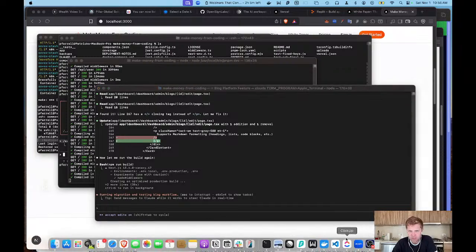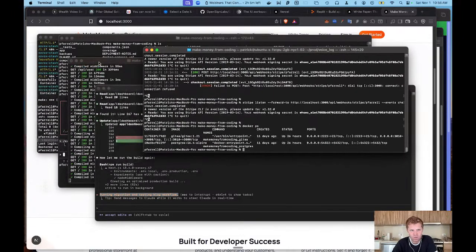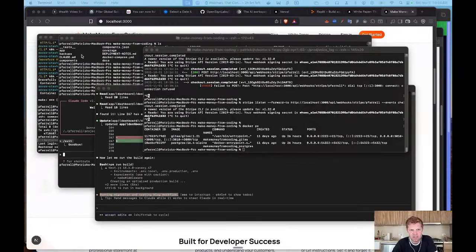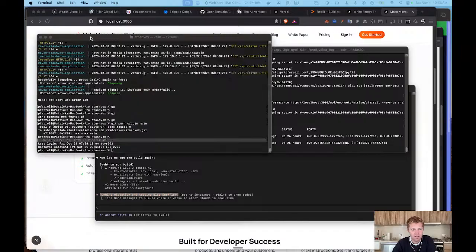So I'm just going to check on the stream, make sure we're still going. But we're just waiting. I would have had to do all this work. What it's doing right now is running a migration and testing the feature that it's creating. And you'll see over here, this is another window. So I'm going to bring this in and move these out so you can get a little bit more